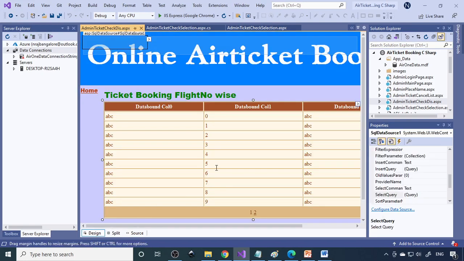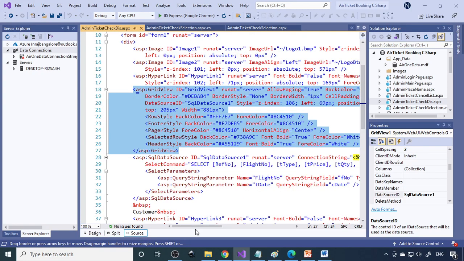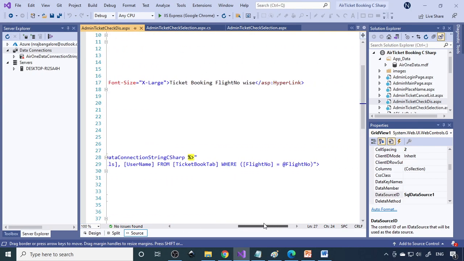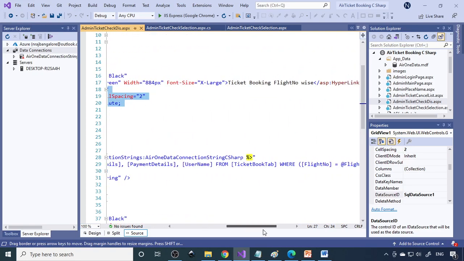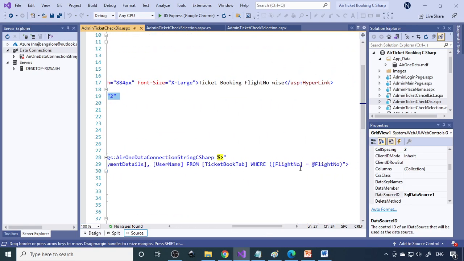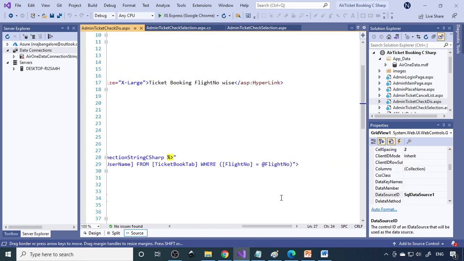Right, so here we have a data grid view. Here we are going to display all the details. Now in case you don't want to filter it, what you have to do is remove this where condition. Here is a where flight number is equal to flight number. If you remove the flight number, then all the tickets will display. Because of the flight number, only the particular flight's tickets will be displayed. Or if you want a more refined search, you can search based on date also. Then you have to use an AND statement, and then add this.